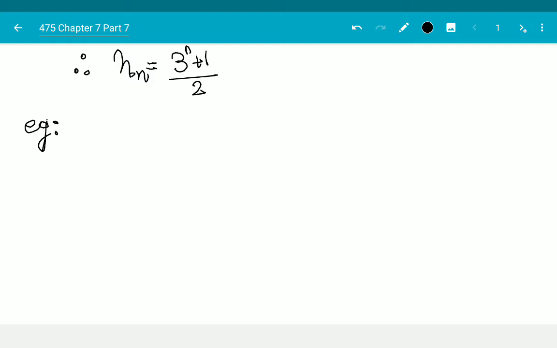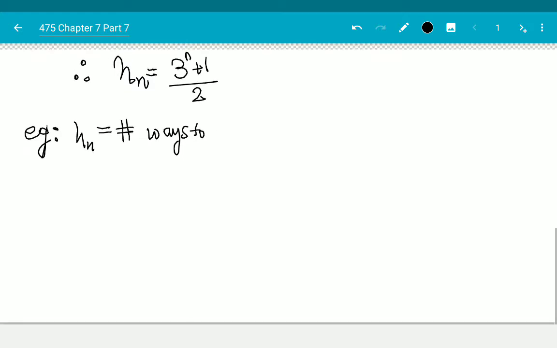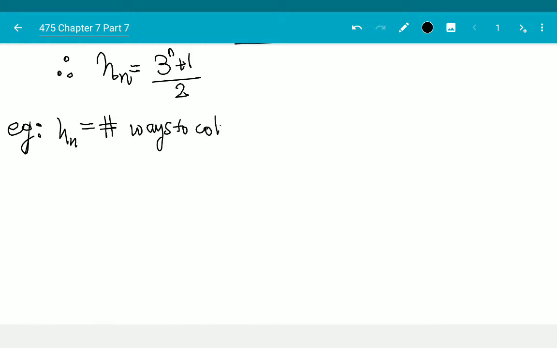Suppose hn is equal to the number of ways to color a 1 cross n chessboard. Not n colors, we color a 1 cross n chessboard